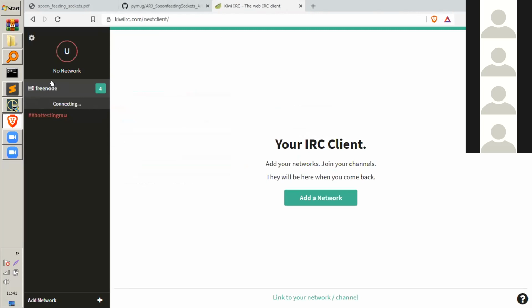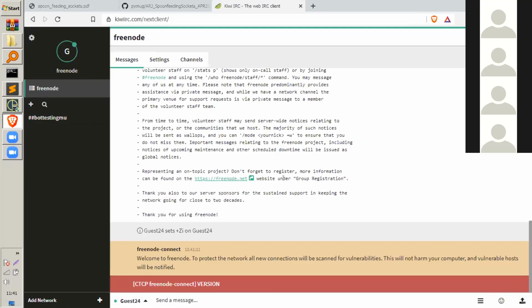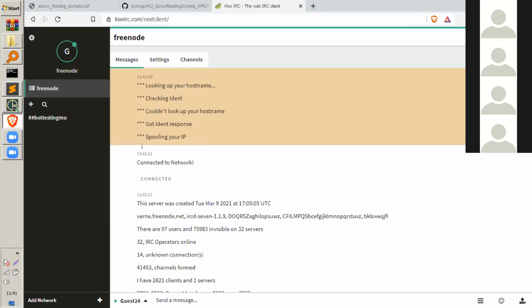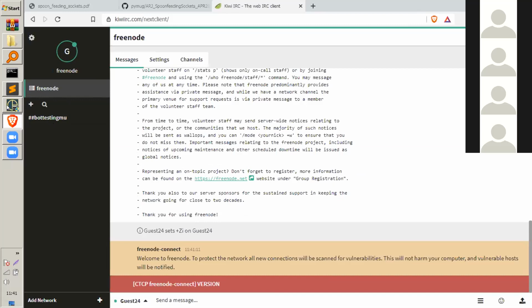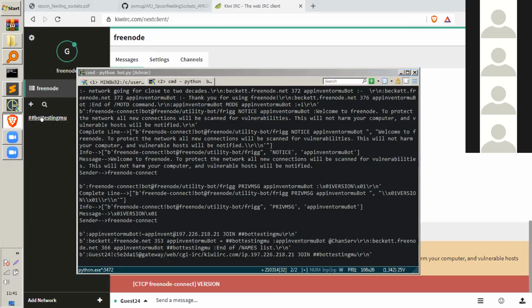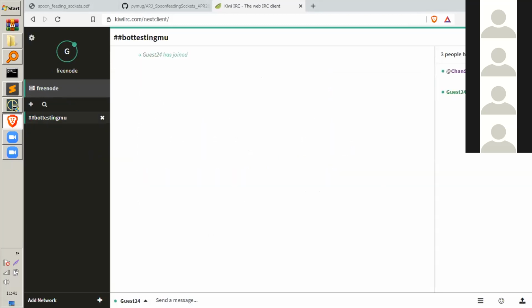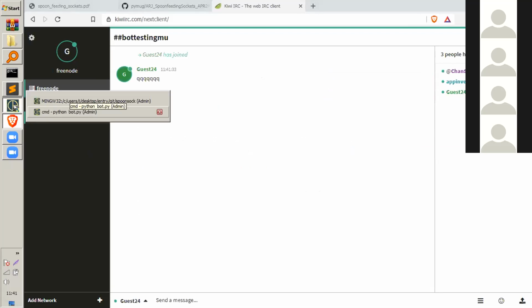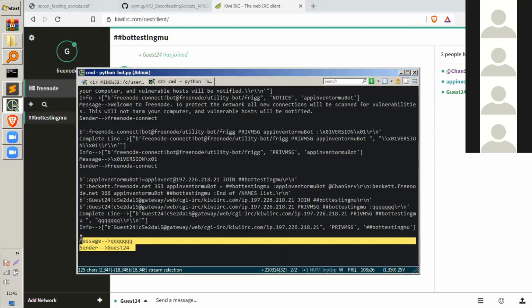Normally, for this demo, I'm using Freenode. So the same things that you get here, you get in the bot. If you go into the client, you can see that the bot is here, and you can send some messages, and then you get them in the bot.